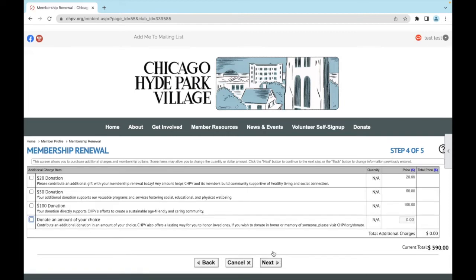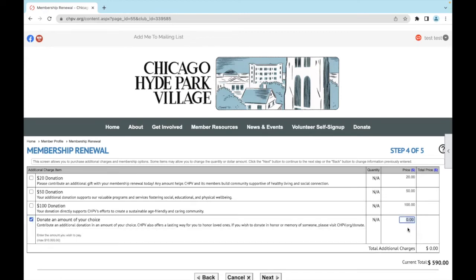Click through to the next one, and here's a great opportunity to support the valuable mission of Chicago Hyde Park Village to build community and support our neighbors. You can click any of these check boxes here, or you can add your own amount that you'd want to donate. So I'm going to donate $200 today to Chicago Hyde Park Village,